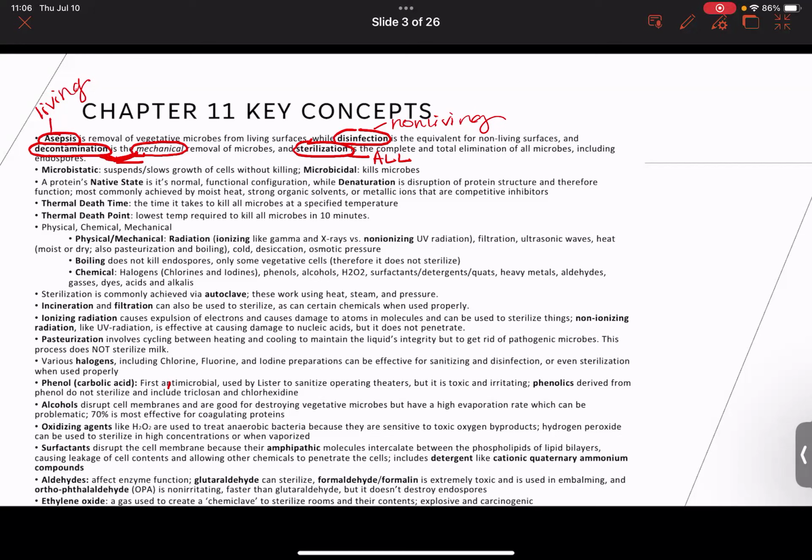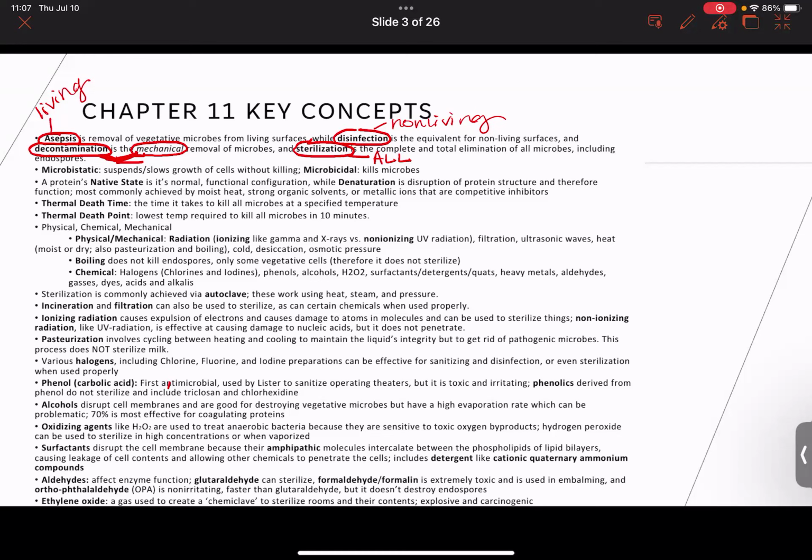Disinfection, like we use with our disinfectant in our lab, is going to be just removal of most of the microbes. That could include decontamination too, but it's just a more general term. It could be chemical killing, it could be inhibiting growth, it could be physical removal, anything that gets rid of most of the microbes. So knowing the difference between those is going to be important for Unit 3, especially for Chapter 11. We've learned about static and cidal, so I'm not going to go over that too much, but if